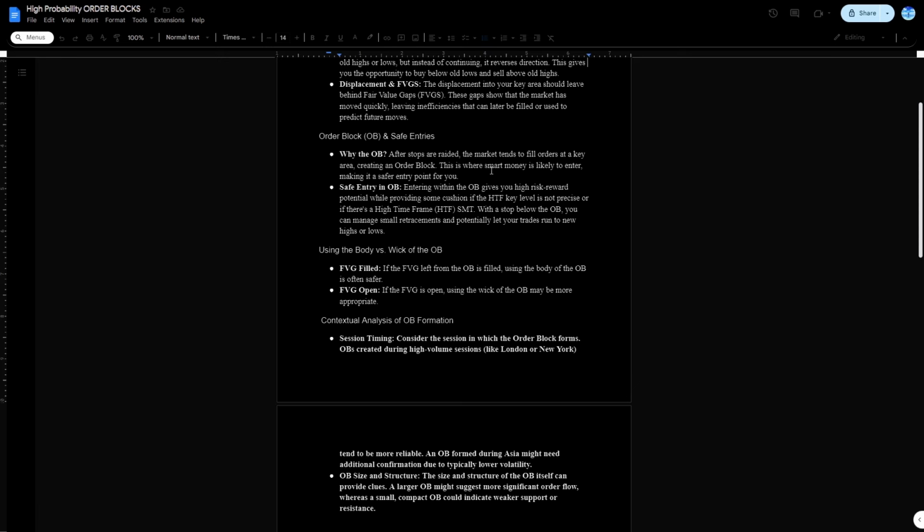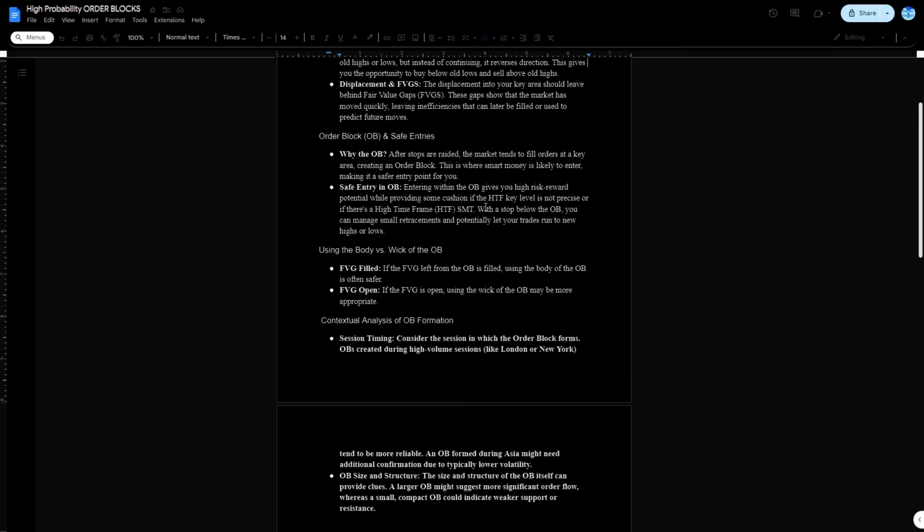Orders tend to fill at a key time, at a key area, creating an order block. This is where smart money likes to enter, and this is the best, most safe entry point for any beginner, even moderate levels, and even into advanced levels, coming down to lower time frame order blocks. Entering within the order block gives you a high risk to reward, while providing cushion into the high time